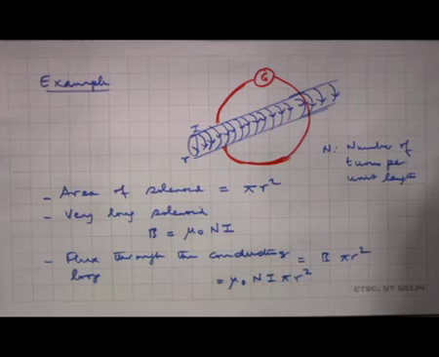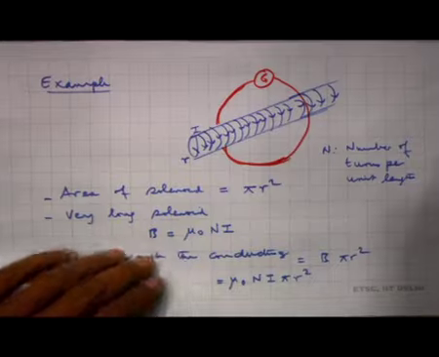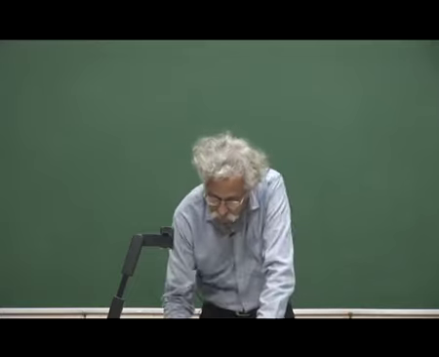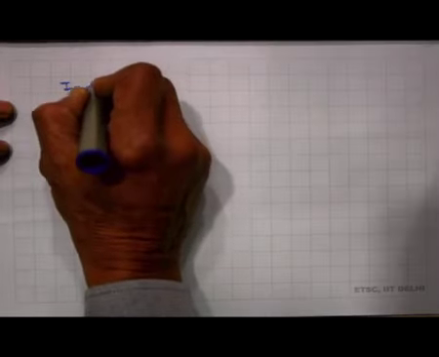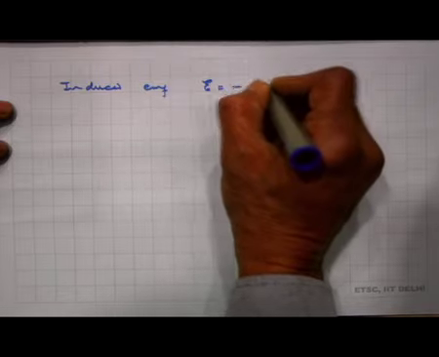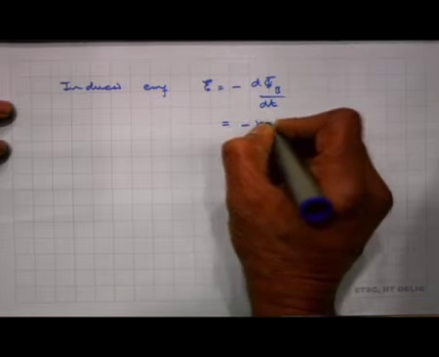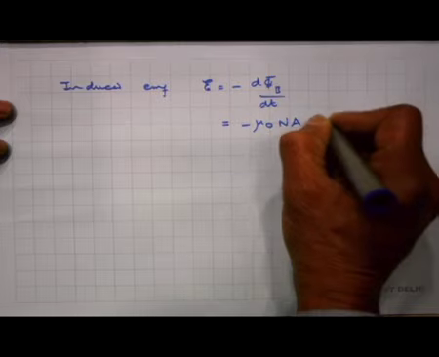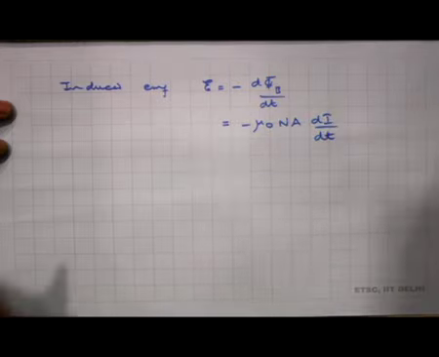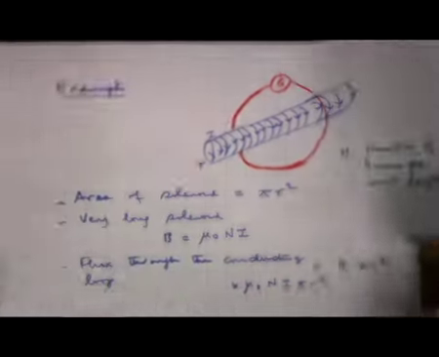So, if I now change the current as a function of time, that changes the flux through this outer conductor, and that should induce an electric field and an induced EMF. So, what is the induced EMF now? Minus d phi B by dt, which is equal to minus mu naught n a dI by dt. So, this EMF is actually generated in the outer conductor,